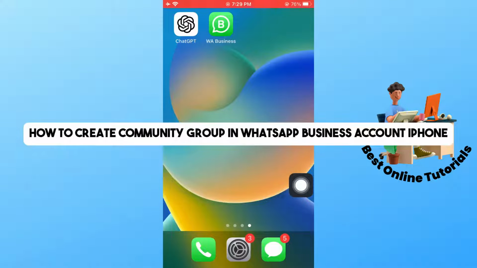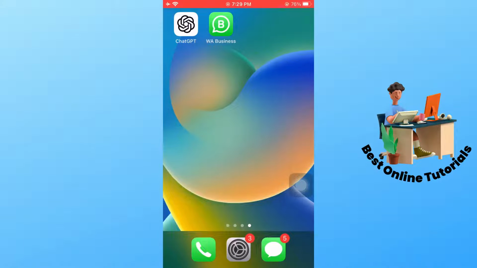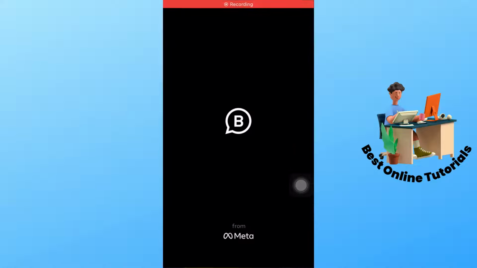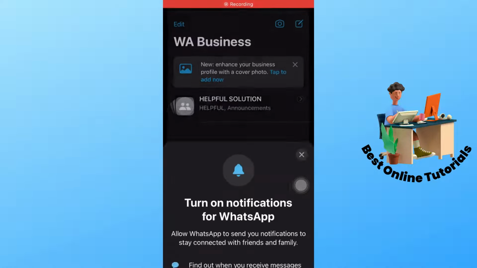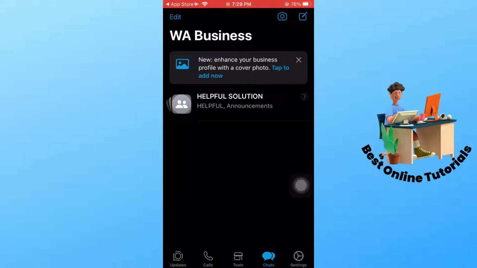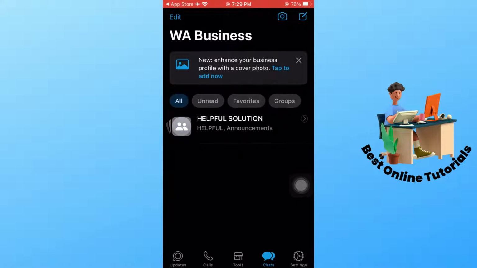This is how to create a community group in WhatsApp Business account on iPhone. So first thing that you will do is open the WhatsApp Business. And from here, once you have opened it up, just simply go ahead and go to the chats tab